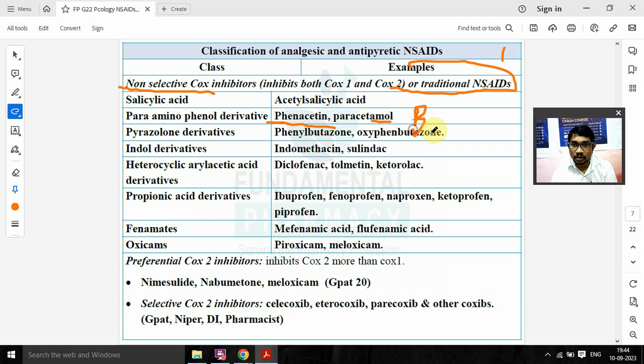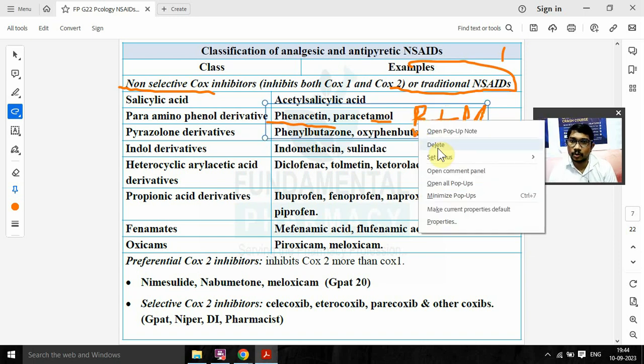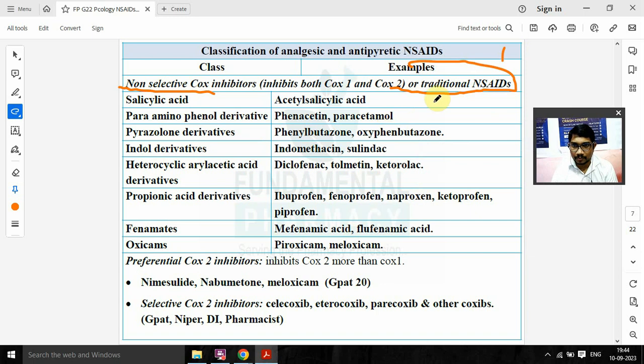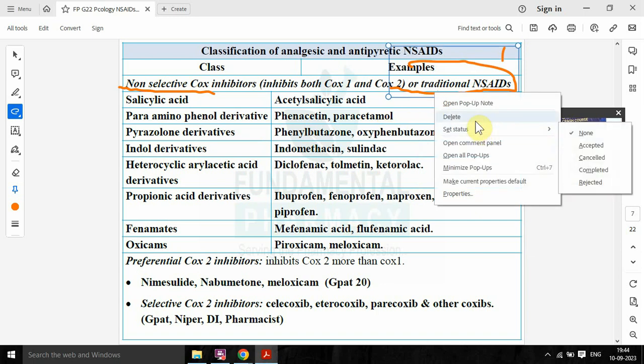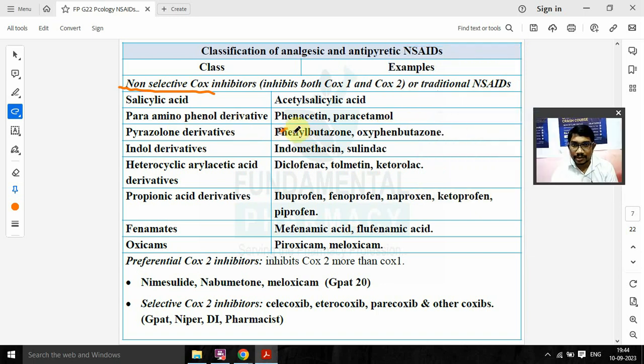Benorilate is a prodrug of paracetamol as well as aspirin, because benorilate contains two, paracetamol and aspirin. So benorilate is a drug of paracetamol plus aspirin. It is developed as a prodrug. So, the prodrug concept. So what is phenacetin? It was originally developed as a para-aminophenol derivative. It is a prodrug. After metabolism, it is converted to paracetamol, and paracetamol has fewer adverse effects than phenacetin. That's why phenacetin is no more used.